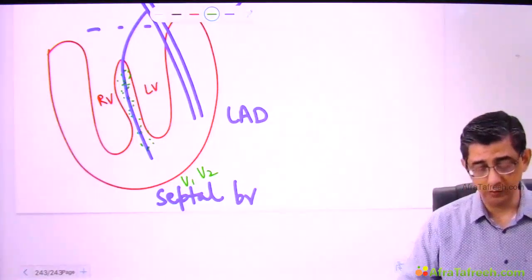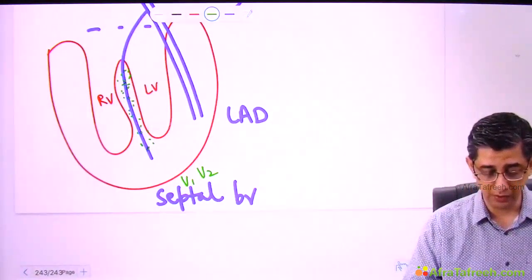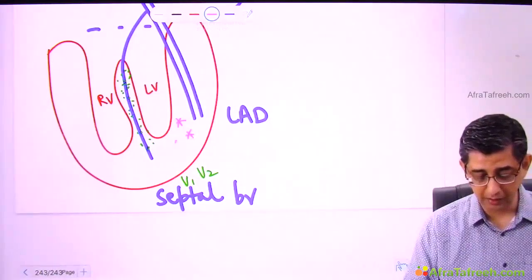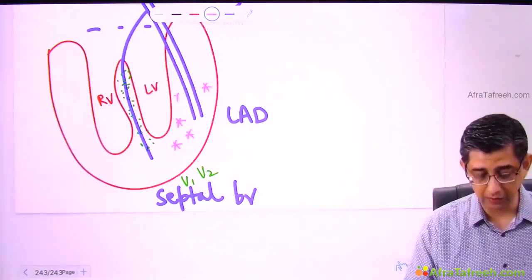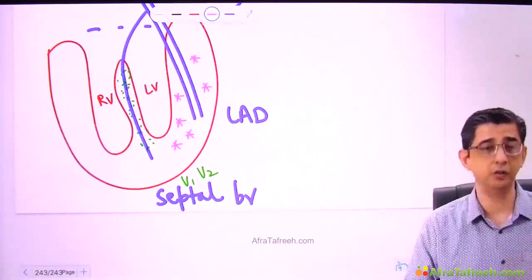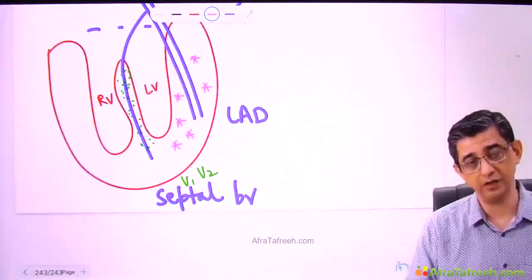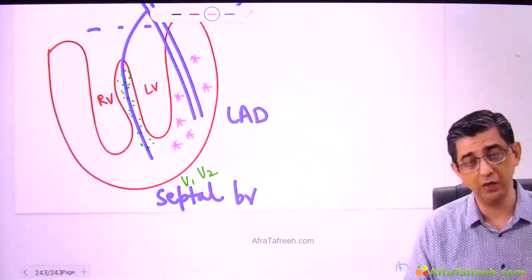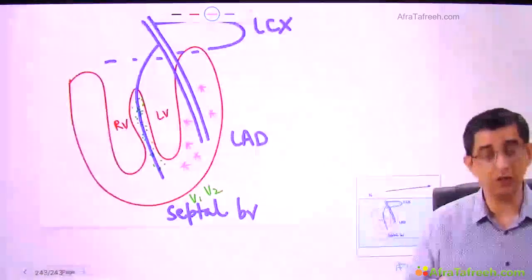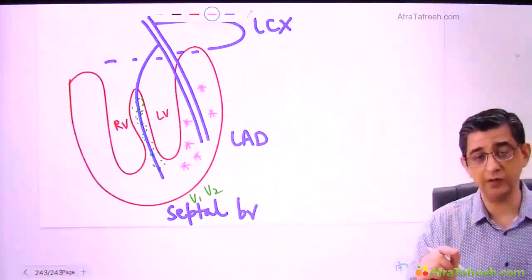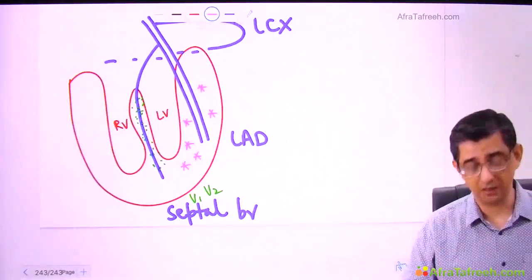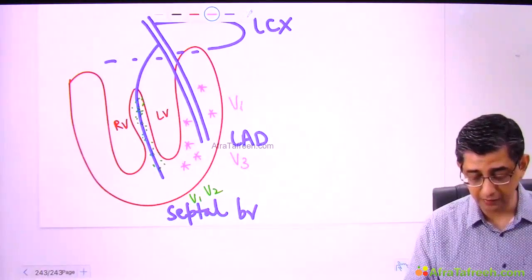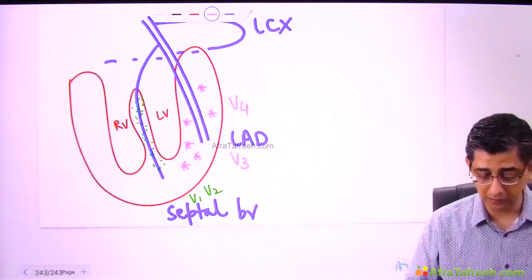But as we move towards the anterior surface, I'll just use a different color marker to highlight this. The part of the heart that is directly touching the sternum, mainly the component of the left ventricle, because you see left and right ventricle both would obviously be forming the anterior surface. Right ventricle mainly forms the base and inferior surface, but it also contributes to the anterior wall. Now what I'm saying is, major chunk of the left ventricle, which is facing the sternum, is supplied by the left anterior descending artery and is well read by electrode number V3 and V4.